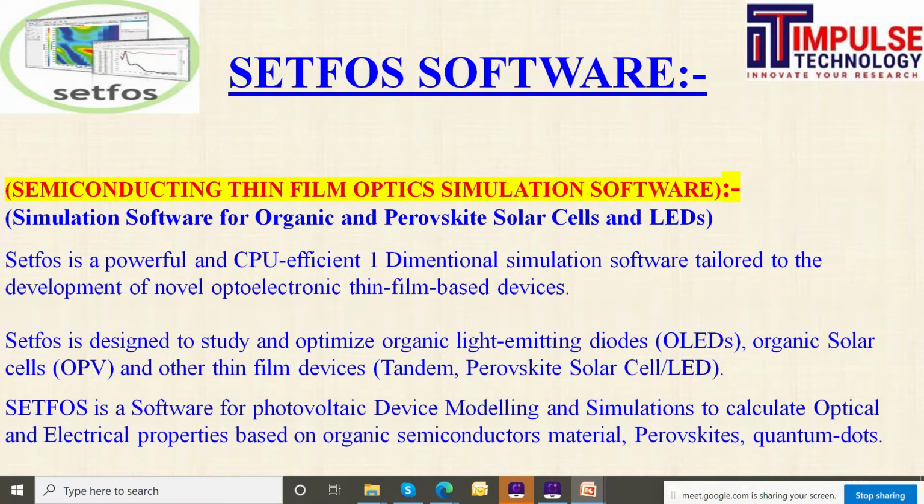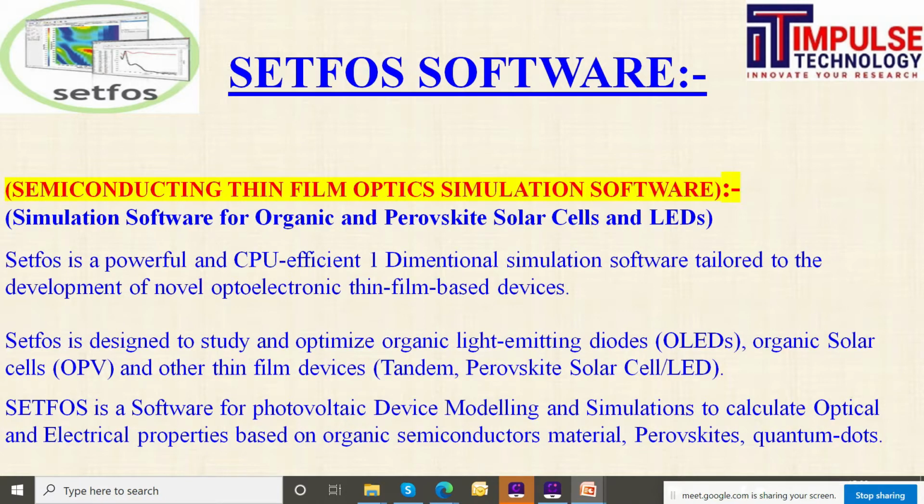You can model the solar cell, design it, and optimize the various parameters: thickness, voltage, temperature, current, wavelength, any parameter, to get the highest efficiency. You can easily optimize by a single click and get the expected results. So this is SETFOS software.